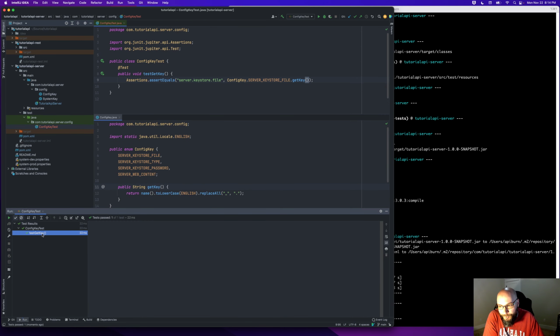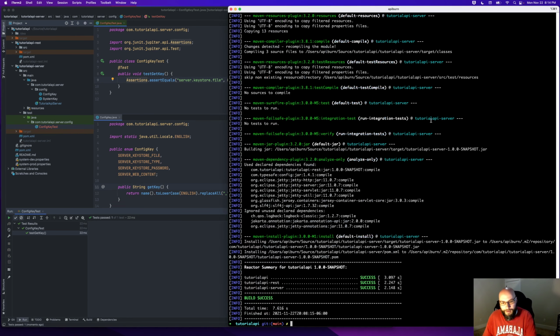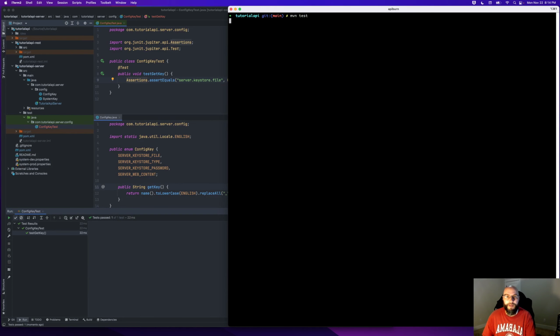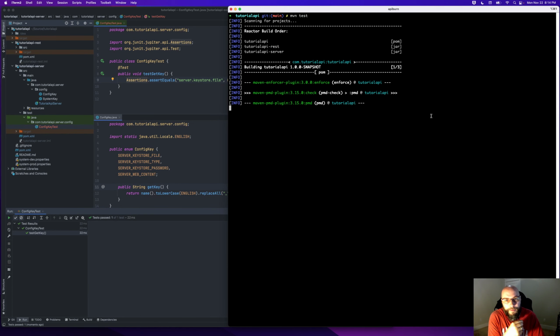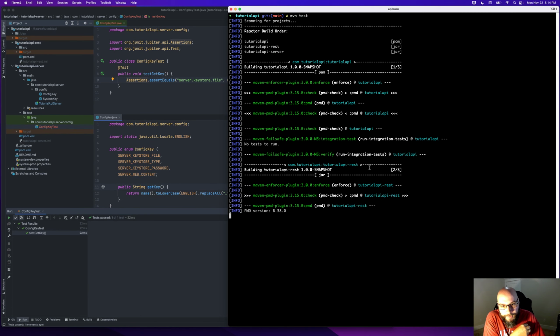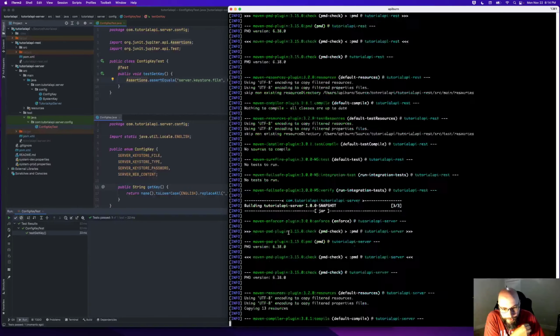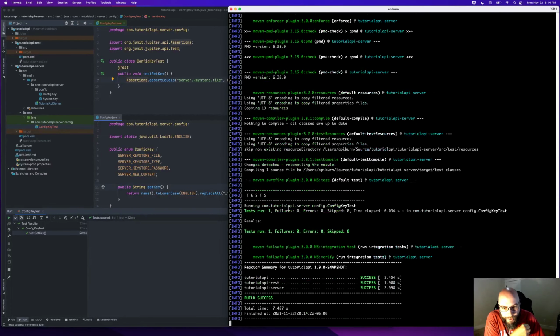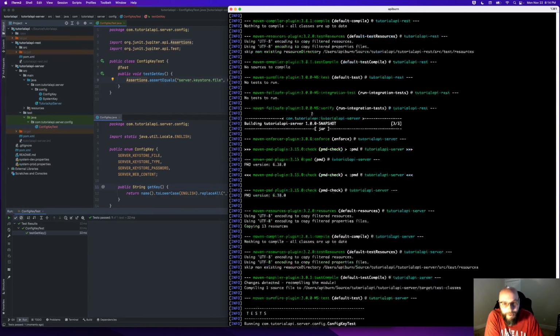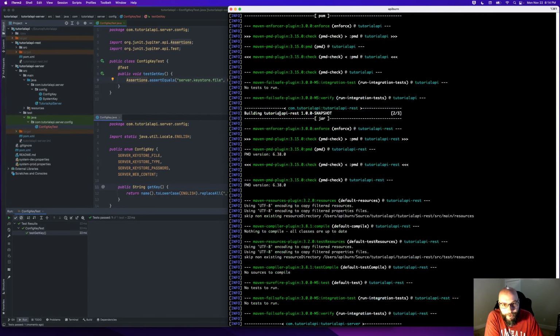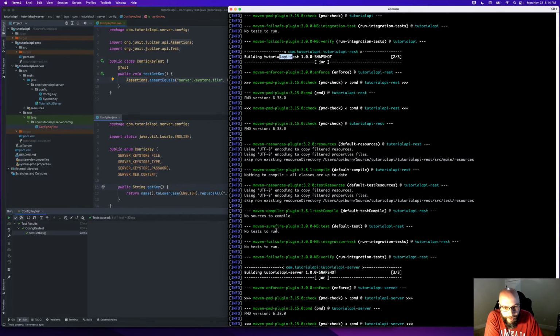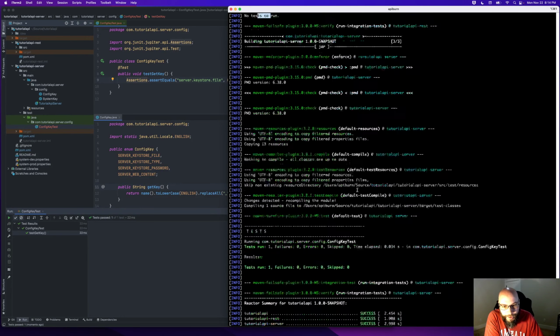All right, so we've got some green, which means our test ran successfully. When we run over here, I can say Maven test and verify that our tests are actually run from the command line as well. Okay, so here we go. We don't have any tests in our REST module, so I see no tests to run up here.